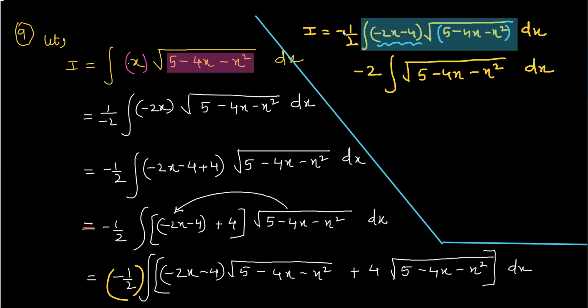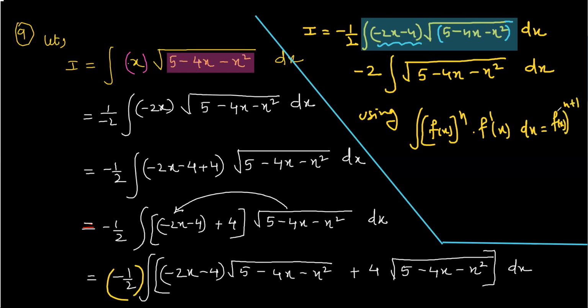What type? I will write it here. This is now the result. Using f dash x, the integral of f of x raised to n into f dash x dx equals f of x raised to n plus 1 upon n plus 1 plus c. This result we are going to use. And how will that be used? I'll show you in the next slide. So here, see, we will have therefore